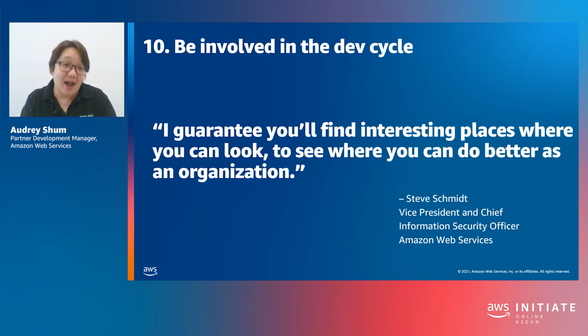So we're at our last topic. I thought I'd introduce this final item in our top 10 list, be involved in the development cycle, using a quote. Again, this quote is from our AWS Chief Information Security Officer, Steve Schmidt. He said, I guarantee you'll find interesting places where you can look to see where you can do better as an organization. What he was communicating was that security teams should be involved in the end-to-end development of products. And when they are, they're likely to find areas where they can improve from a security